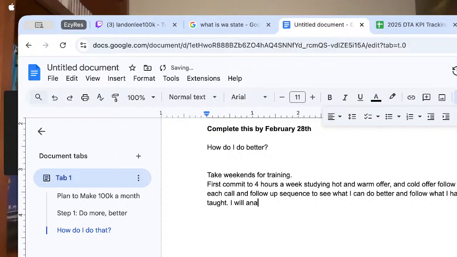I will analyze first: one, qualifying, 2, discovery, 3, offer, 4, follow up. If I make these exactly like the SOP,